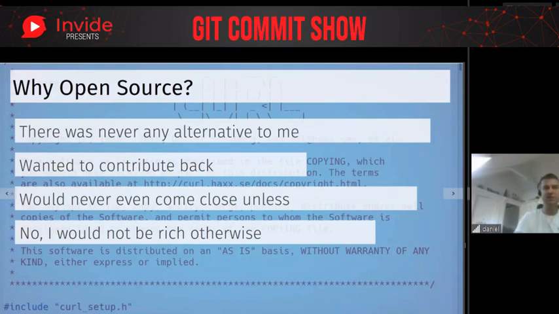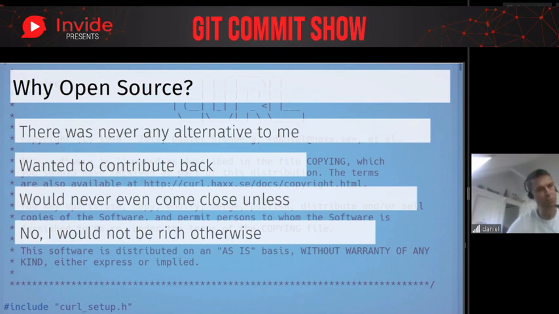And of course, it is open source, and there was never any alternative for me to do it any other way, because open source is the natural way to do something, and it would never have been even close to this if I hadn't done it open source. And no, I wouldn't be rich otherwise anyway, because it would never have succeeded. I would have failed immediately, and nobody would ever have used it, and someone else would have done a curl-like instead.